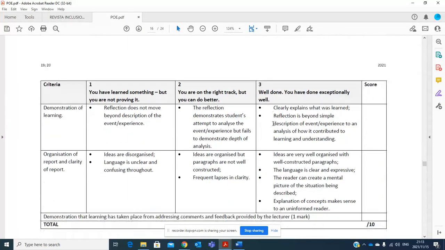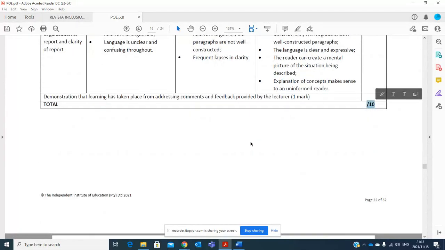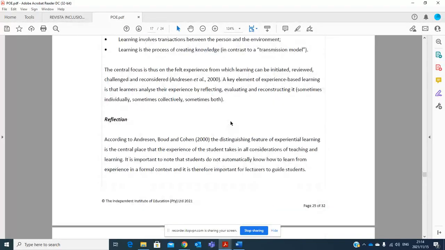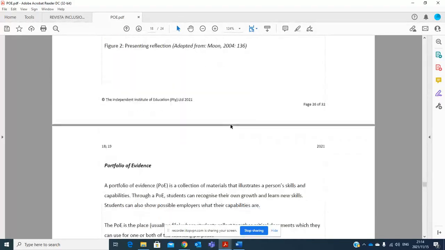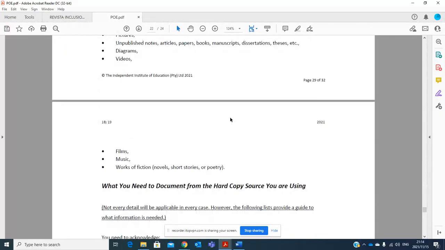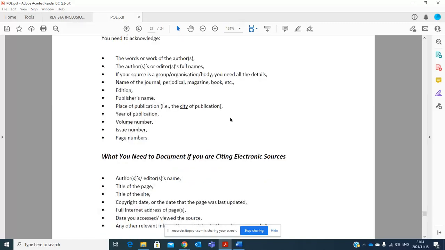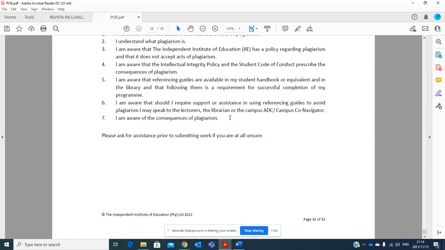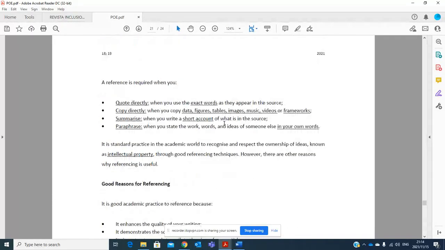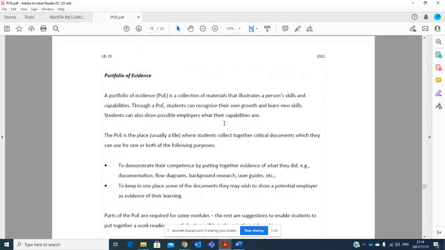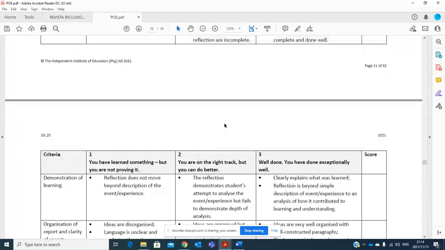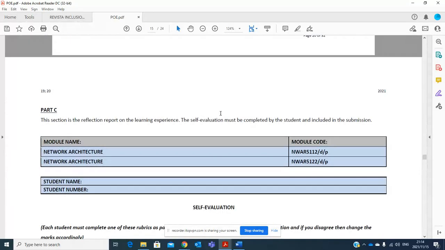You give yourself a score out of 10, and then you include this document in your part C. I don't think there's a rubric provided for you here for part C, but it's fine. This document is very important. It needs to be there.